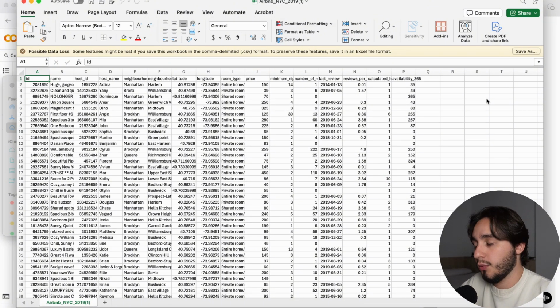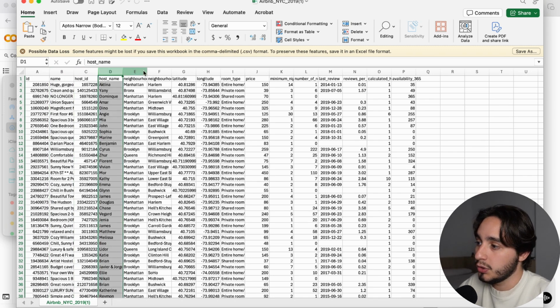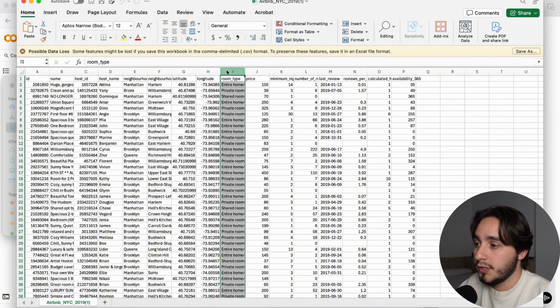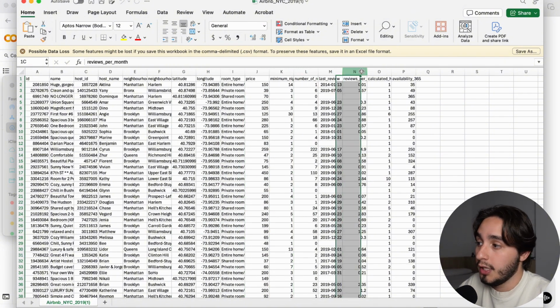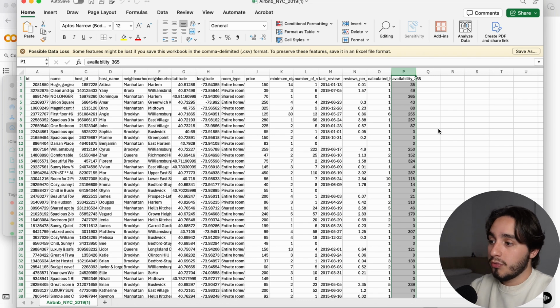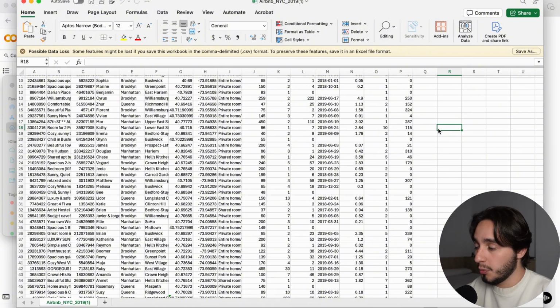Here we can see, we're going to run this in Python as well, but we have a few different columns that outline a few different things: the property ID, the name of that Airbnb, the host ID, the host name, the neighborhood group, the location in latitude and longitude, the room type, the price, minimum number of nights, the number of reviews, last review, reviews per month, the calculated host listings, pretty much how many listings that host has, and the availability in a given year. So there's a lot of predictors that we can use, but I just wanted to show this data set in Excel, which is a platform that most people are familiar with, before we moved on to